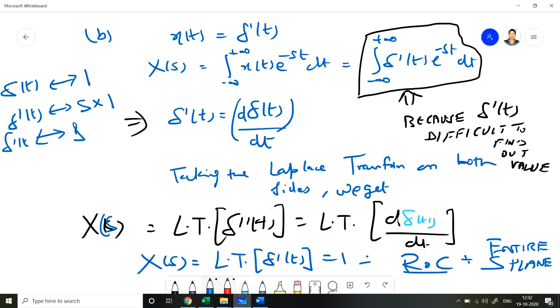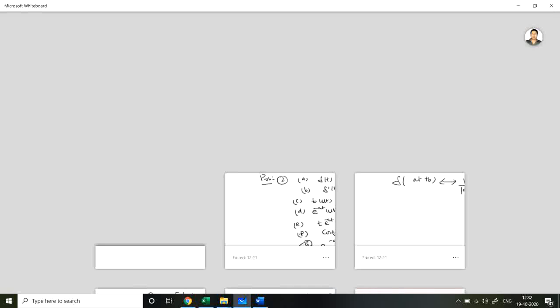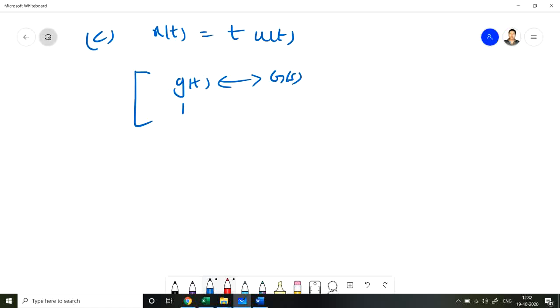So the Laplace transform of del of AT plus B is 1 divided by mod A times the Laplace transform of del T plus B by A, and it is equal to 1 divided by mod A into e raised to the power SB by A. So we have applied the time shifting and scaling property, and we find the Laplace transform of del AT plus B, which is 1 divided by modulus of A times e raised to the power SB divided by A, and the ROC